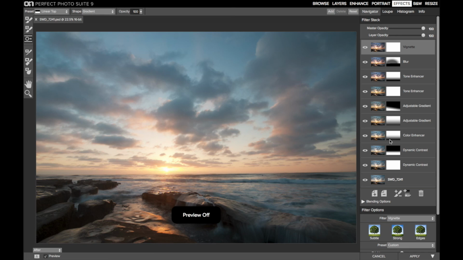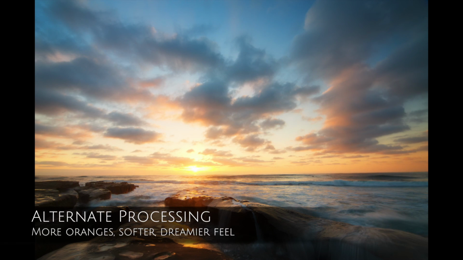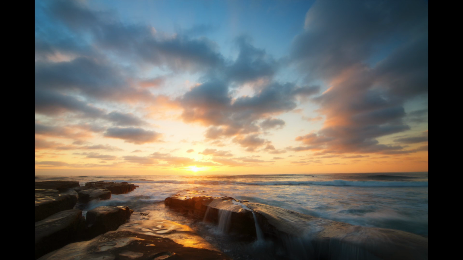So once more time, before and after. You got a brief glimpse of another processing on the same photo I did. Let me show that to you here as well. And you can see that really just depending on your mood or depending on what your style is for that day as things change, you can get a very different look and feel from the same photo with just different processing. So play around, experiment, try different things, poke sliders in various ways, pick a preset you've never used before,